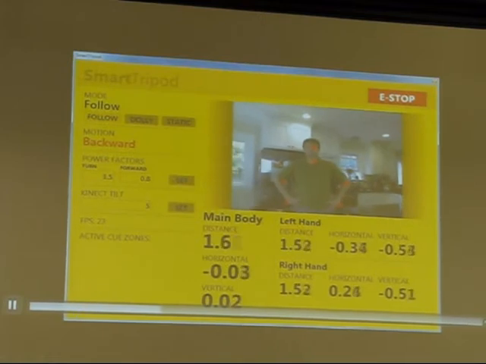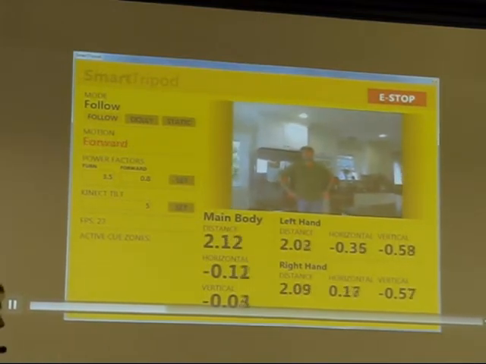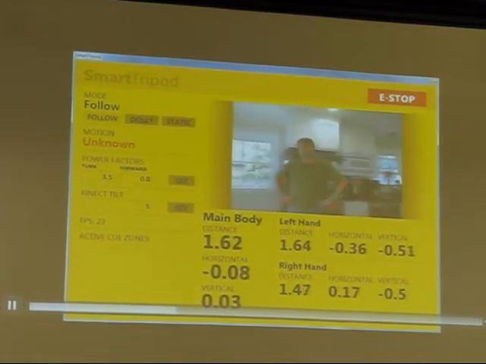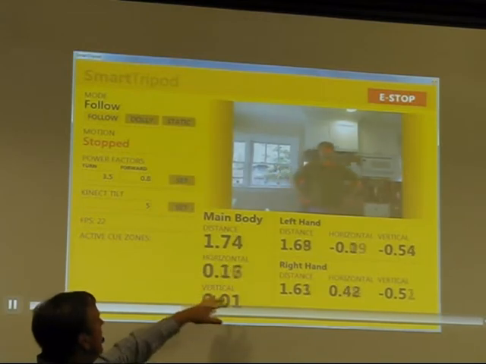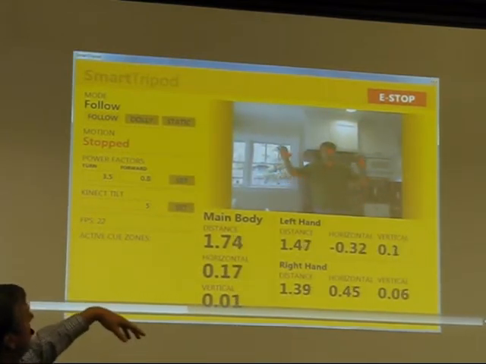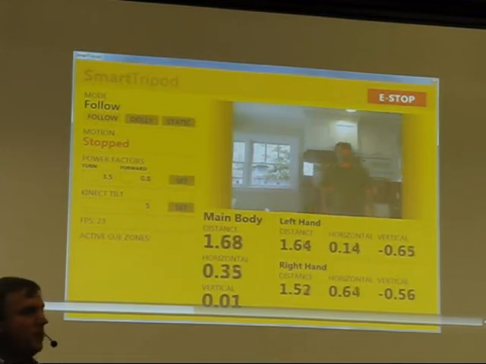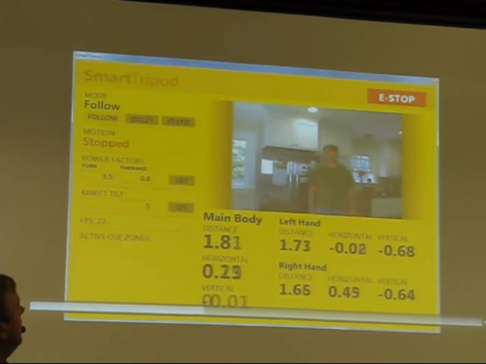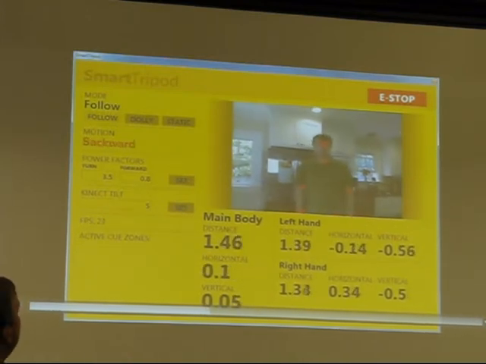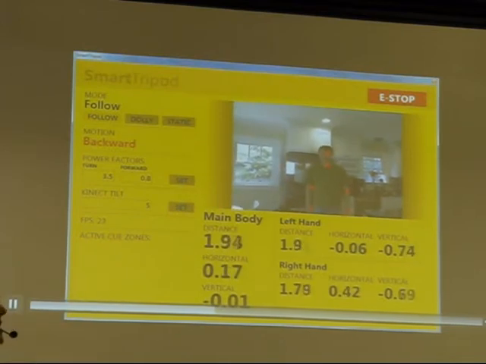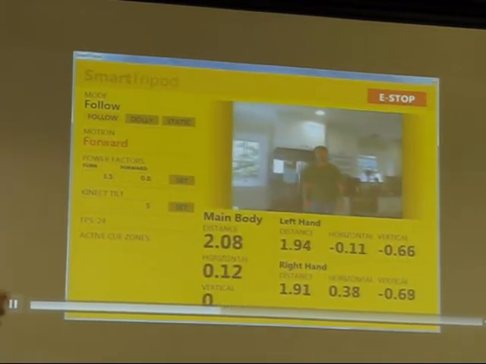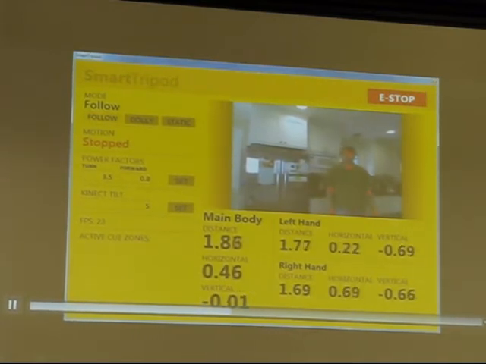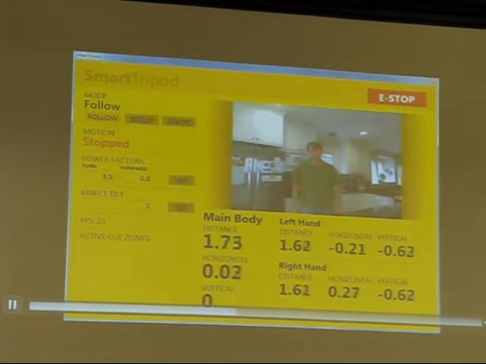So this is the user interface that I created. Again, I used the Kinect and the skeletal tracking feature that's built in out of the box with Kinect to track the position of my body. And you can see this is sort of the telemetry that's there, some other information. The video that's showing here is the RGB video that's coming out of the Kinect sensor. It's not the video coming from the video camera. I'll show you that in a second. And then I created these different functions that the robot has. So a follow mode, which is when I'm moving back and forth, a dolly mode, which goes side to side, and then a static mode.